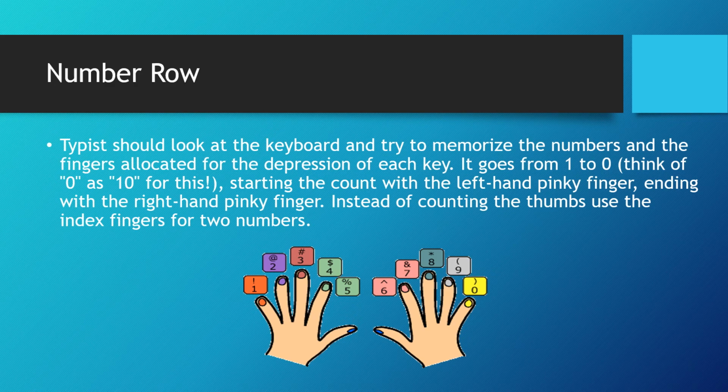7 is for the first finger of the right hand. 8 is for the second finger of the right hand. 9 is for the third finger of the right hand. And 0 is for the last finger of your right hand. This is the arrangement that a user can learn with the help of fingers. This is the general method for typing the keys.